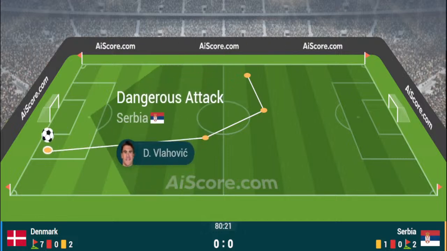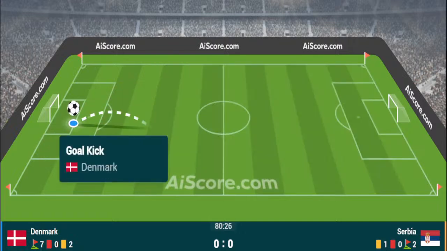Serbia do have the ball now, just over halfway. Serbia feed it forwards intelligently, and it's regathered now just outside the centre circle. Serbia in possession. What can they create? What can they conjure? And is there a moment for them in the game? It could be an opportunity now for Serbia as the ball is flung into the penalty area. Denmark, though, with so many bodies back there to alleviate things. And everyone is forward now from Serbia.